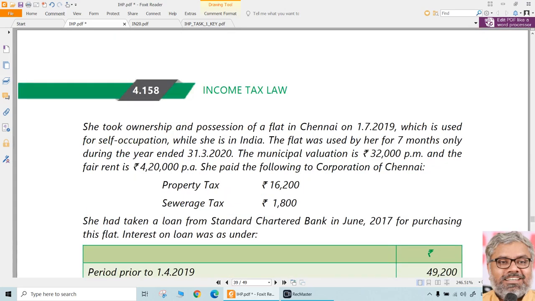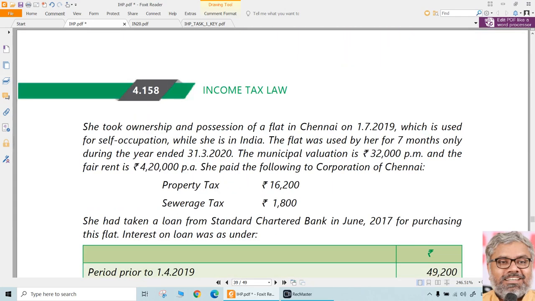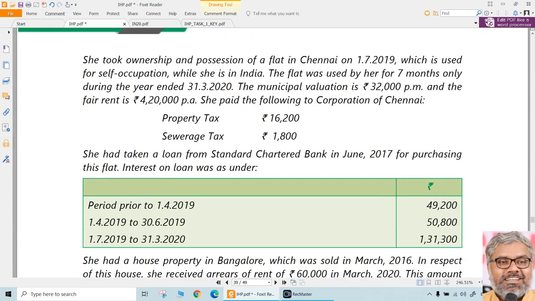Annual value of this house is $20,000, and the value of each dollar may be taken as 65 rupees. So first of all, just take a rough estimate: 20,000 into 65. How much is the value there? 13 lakh rupees is the annual value of this property in Indian rupees. So that is already given, the annual value of the US property, and that is self-occupied because she is using it for residence. Further, she says